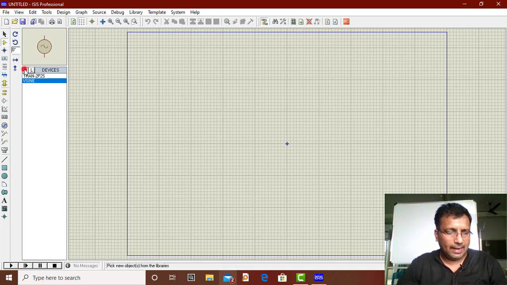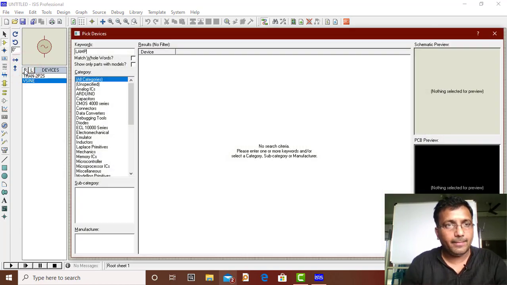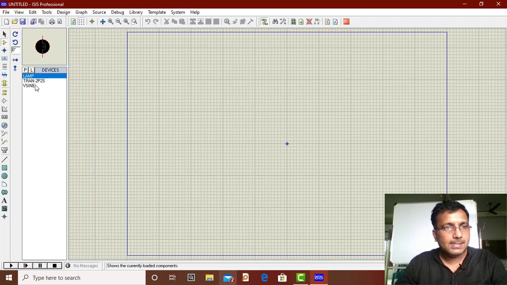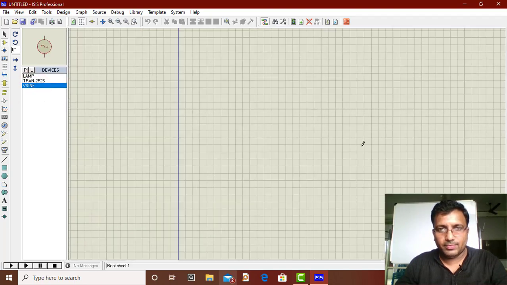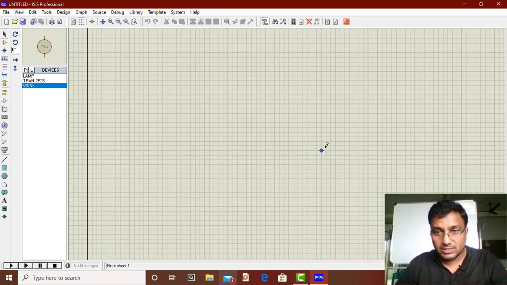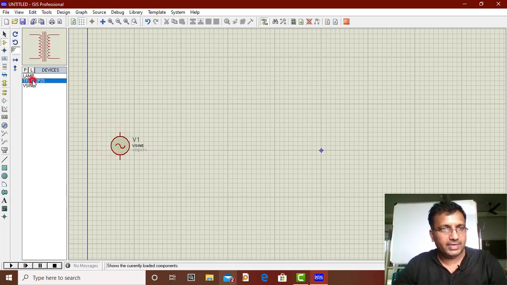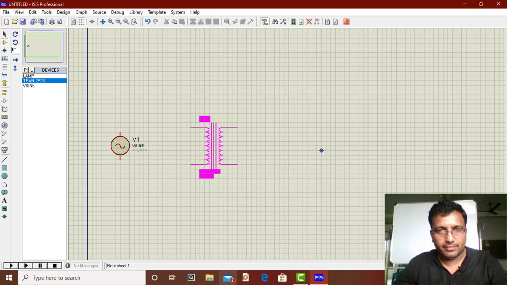Then what does the circuit look like? We require a lamp as well. So I will take a lamp again. I will hit the lamp button, select this lamp, click OK. The circuit looks like this. I will zoom in, sorry. This is the origin point, I forgot to tell you. You can place the circuit near the origin so that zooming in and out with the circuit is very easy. Again, I will put a transformer here in between, and the lamp at the output side.